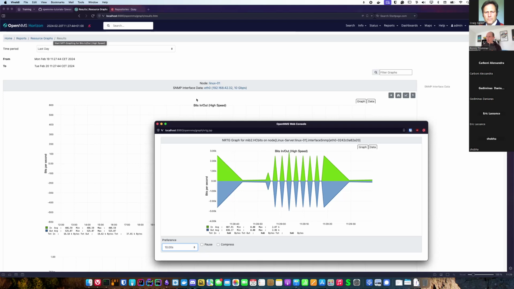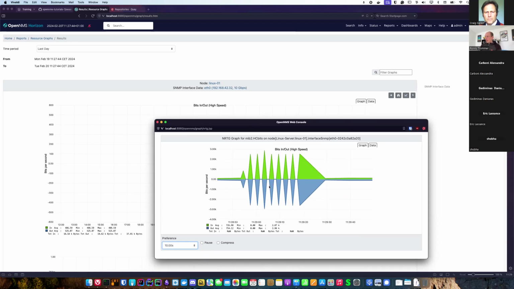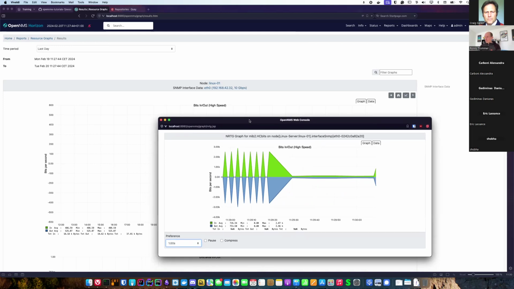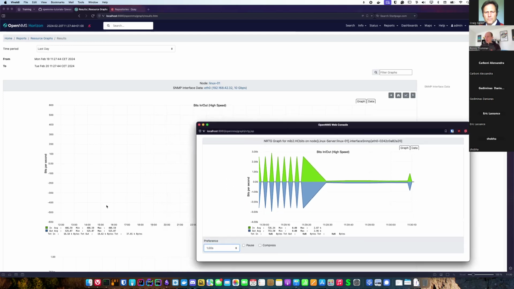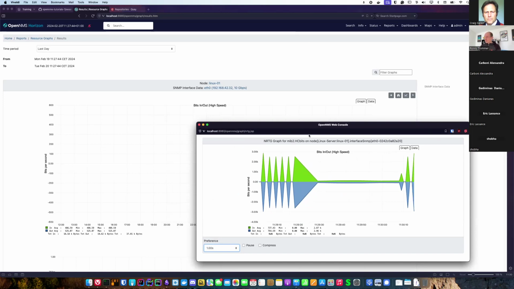When you go to resource graphs, you have here the bits out metric. Then you have that little icon here on the top right corner. That gives you that real-time graph. What I have open here just fetches the same metric, not every 5 minutes, but every 10 seconds. Right? Okay. And it's actually going out and doing an SNMP get every 10 seconds. Exactly. It fetches these metrics for that graph every second, right?